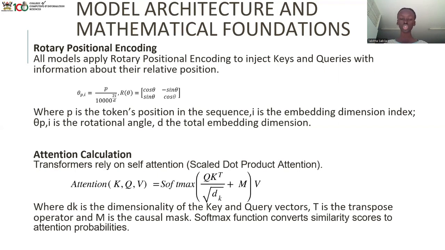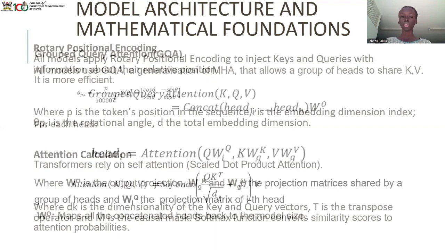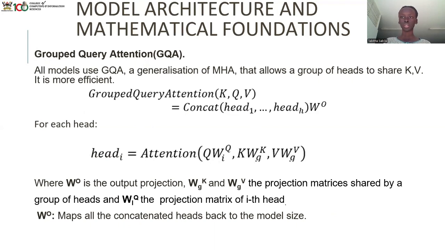In the attention calculation, our softmax function is applied to these operations in order to convert the output we have from this into attention probabilities, or attention weights. These attention weights are going to be multiplied by our value vector in order to come up with a weighted value sum. This is going to serve as a matrix input for our next layer.